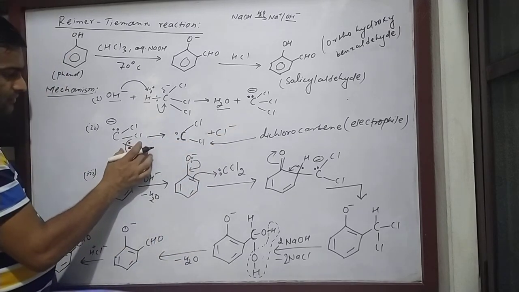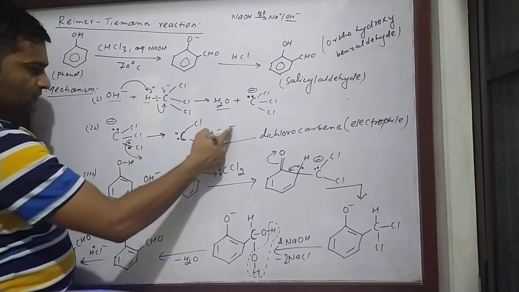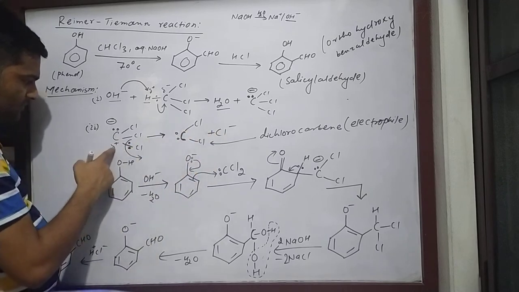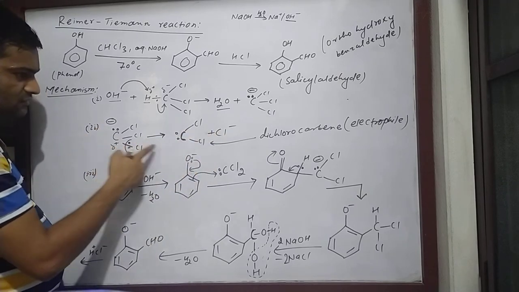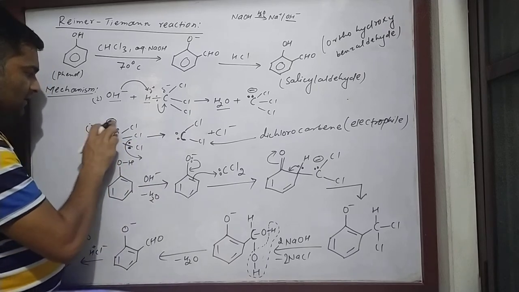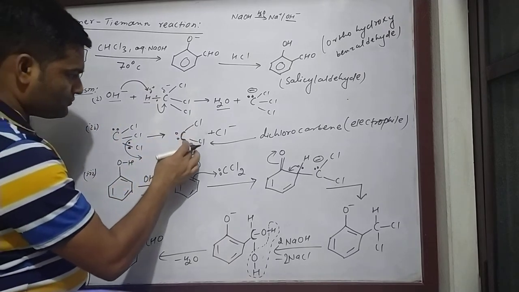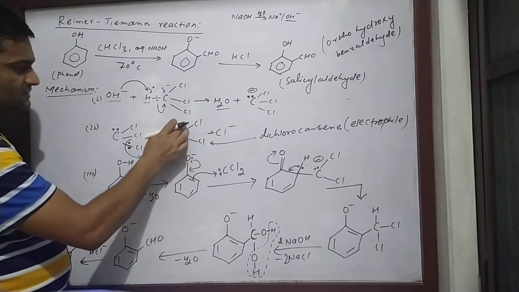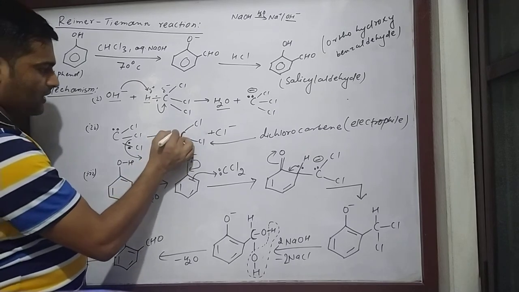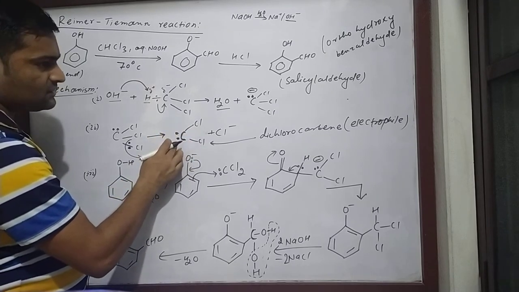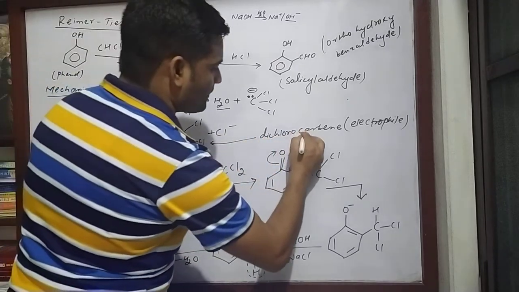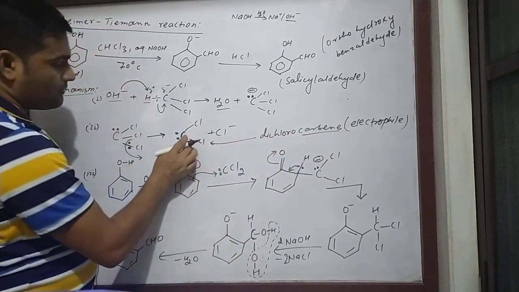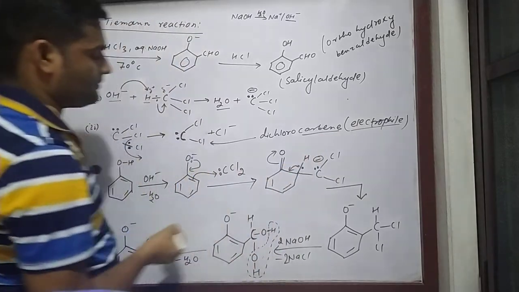On removing this chlorine with a lone pair of electrons, the carbon gains a negative charge, then the carbon becomes positive, and the positive and negative charges neutralize to give a neutral divalent carbon. Here the carbon contains 2 bonds, therefore divalent, and without charge it is neutral. This divalent carbon atom having one lone pair of electrons in its valence shell is called a carbene. This carbene carbon contains 2 chlorines, so it is dichlorocarbene, and dichlorocarbene acts as an electrophile.